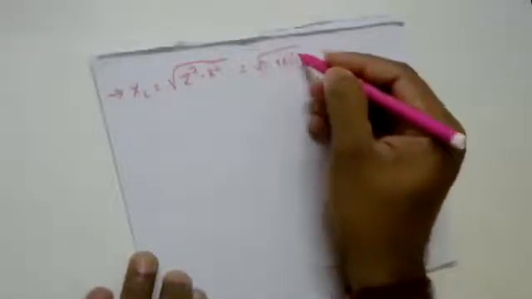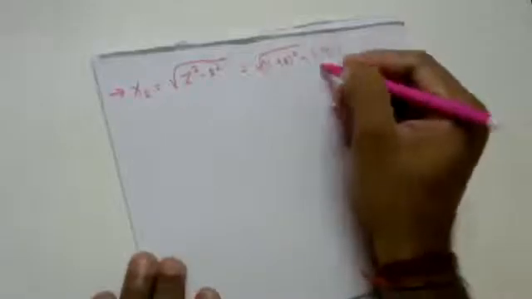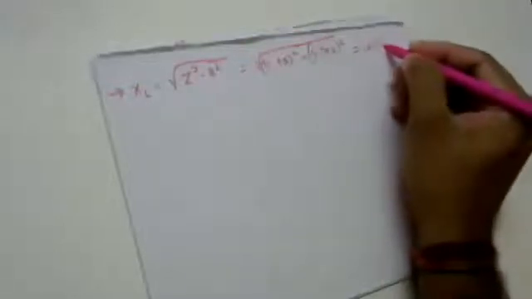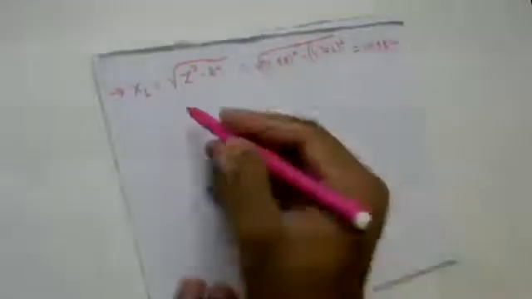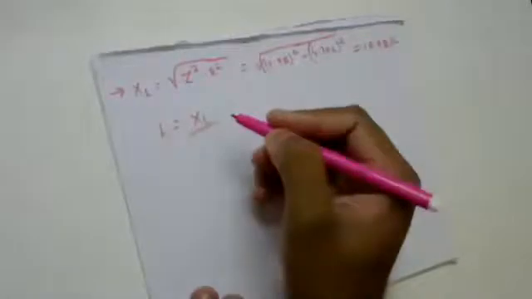11.98 the whole square minus the value of R, which is found to be 4.792 the whole square. The value of XL is found to be 10.98 ohms. 10.98 ohms. Okay. Once you are able to compute the value of XL, you know that inductance can be defined as XL divided by 2 pi f.